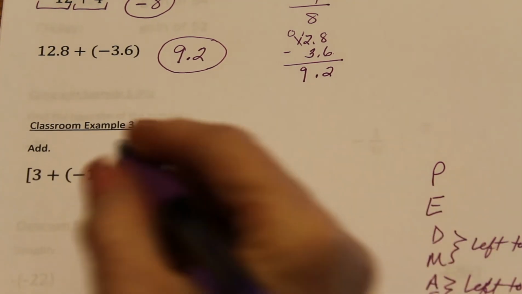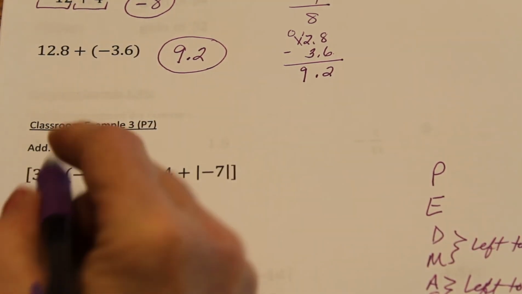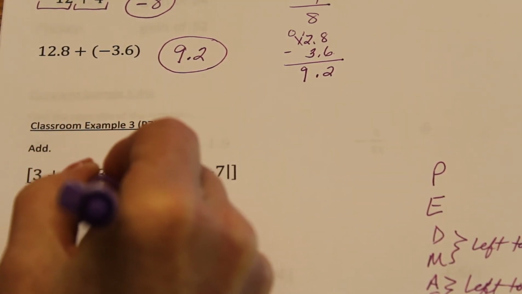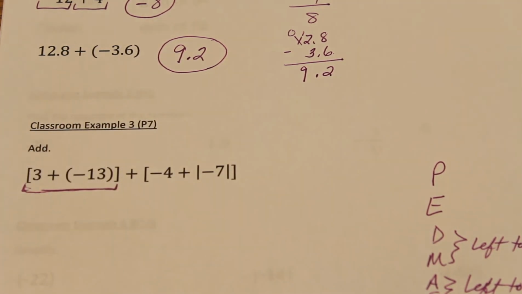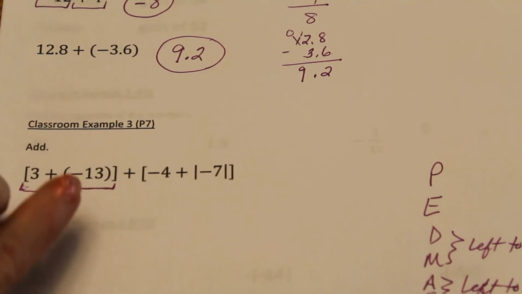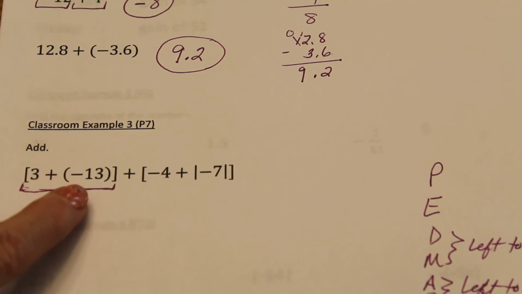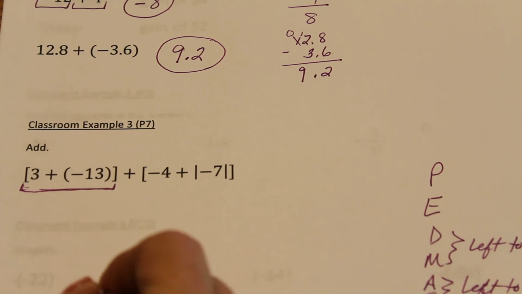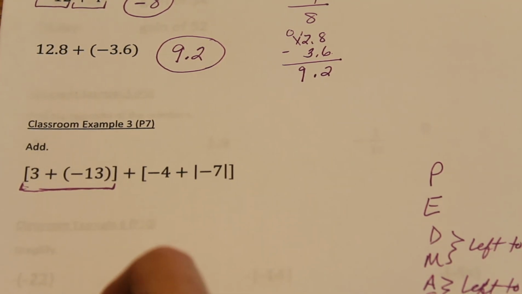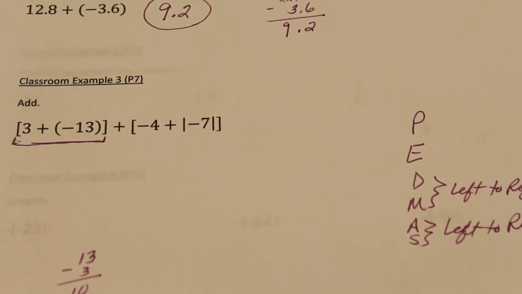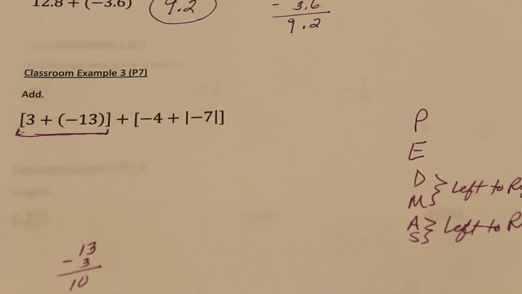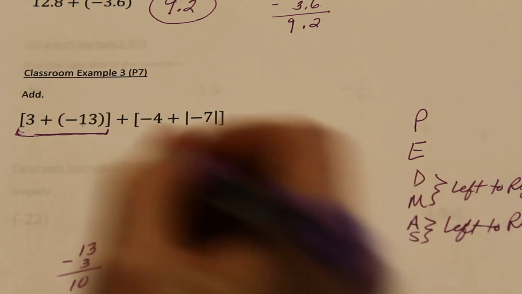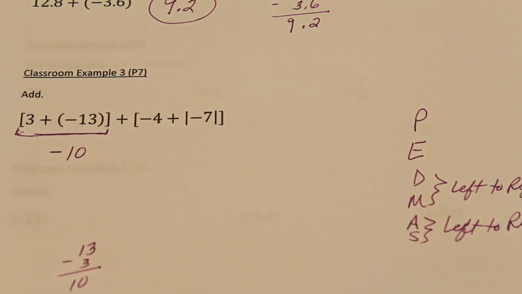All right, so I'm going to perform this operation. This is in parens, the square brackets, or grouping operation. A positive 3 and a negative 13. Opposite signs you subtract, and keep the sign of the greater. The 13 is bigger than the 3. So that's negative 10. Plus,